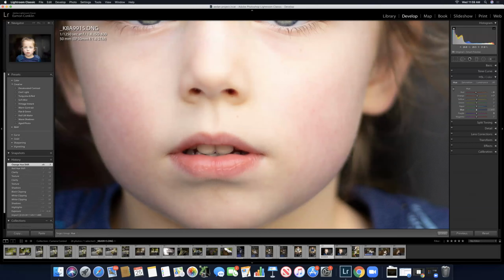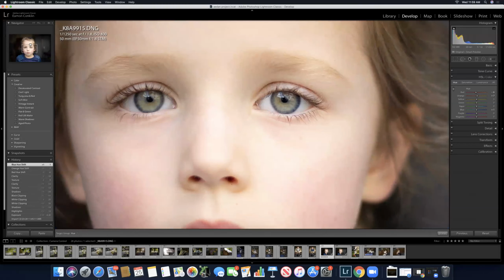I think I'm going to leave that right about where it is actually. I think that blue looks pretty good. I'll just deal with that in the saturation tool in a minute. And then I think her eyes look basically fine. Yeah, we're going to leave those where they are. We're going to deal with the eyes separately later on with a radial adjustment tool. Okay, so not much there, but I do want to go into the saturations now